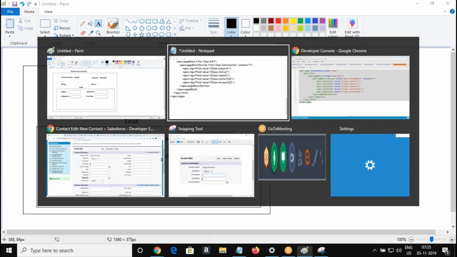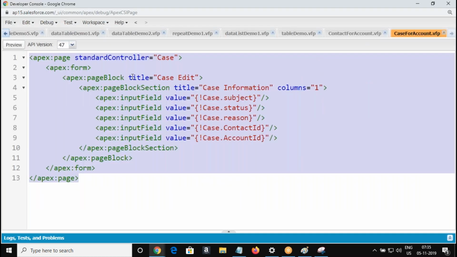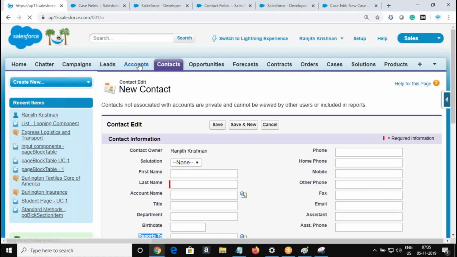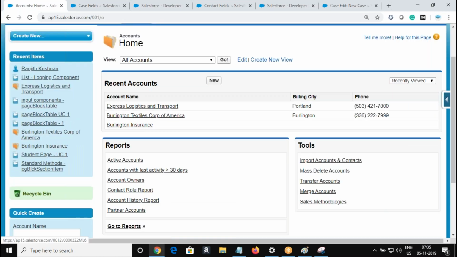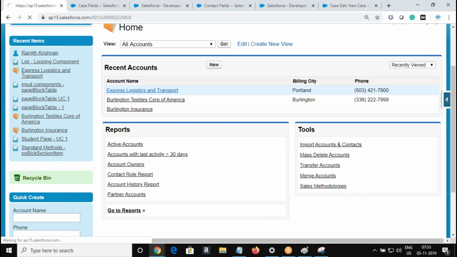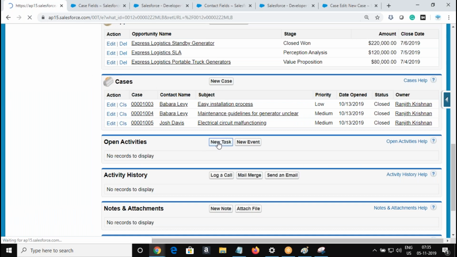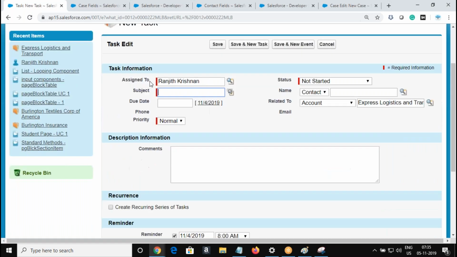So if you see the task UI, how do you create a task normally, declaratively? We'll go to open activities and click new. A task will be created. So what are the fields we have here? We have assigned to, so to whom the task is going to be assigned, and the subject. Got me?